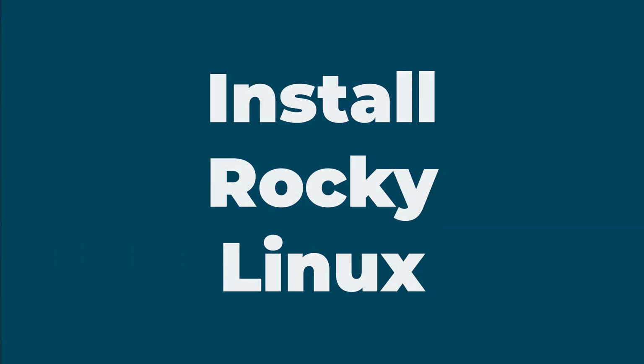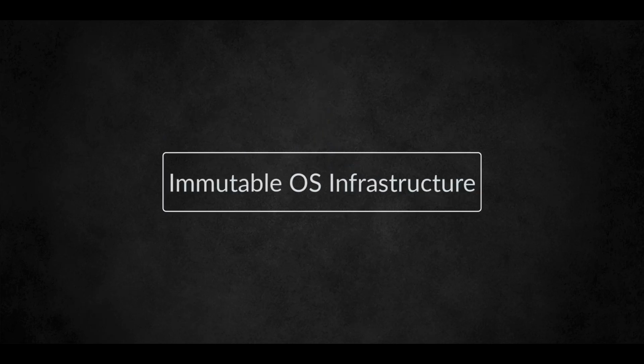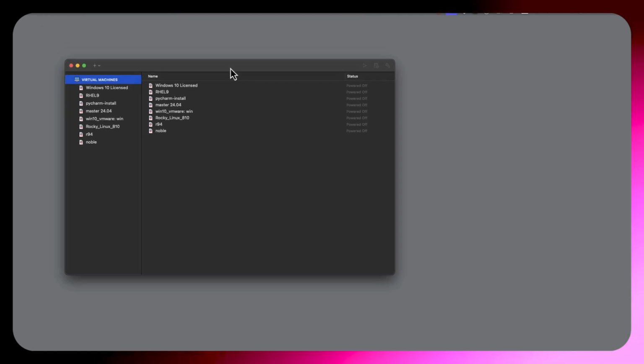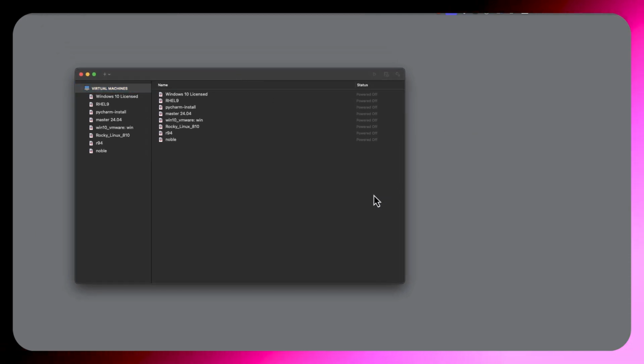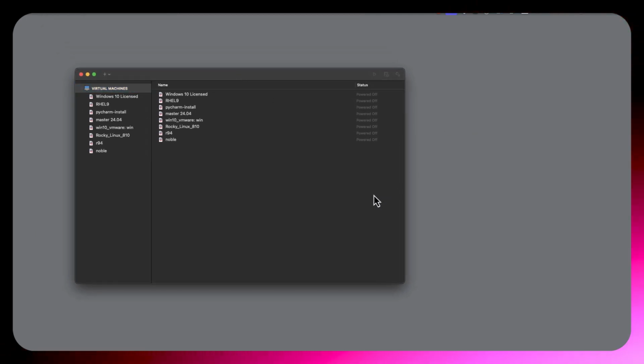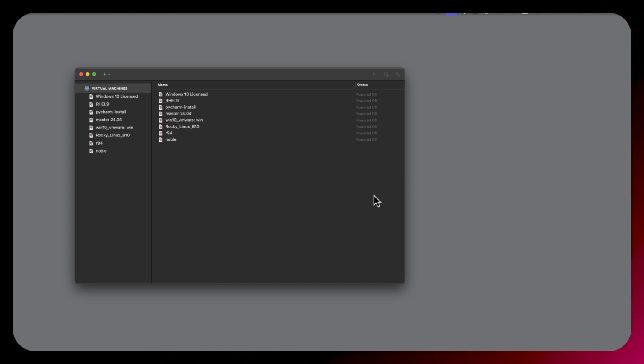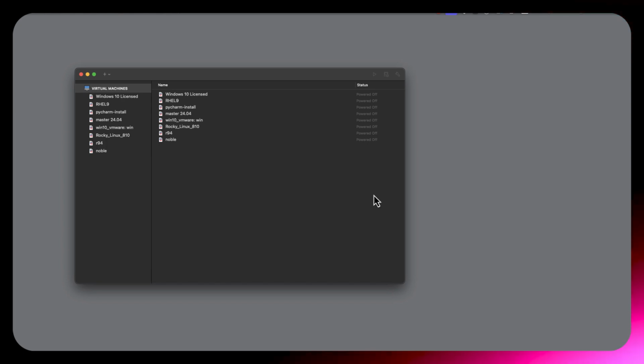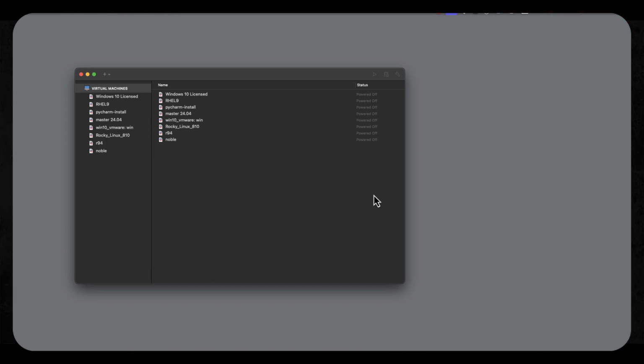So our first step is to install our operating system. We'll be using Rocky Linux, but the idea is that we're really just demonstrating how to build an image that is going to make use of immutable infrastructure. So we do need to install our operating system. I'm going to be installing it within VMware Fusion as my hypervisor. Later on, once everything is complete, I will be managing my virtual machines using HashiCorp's Vagrant.